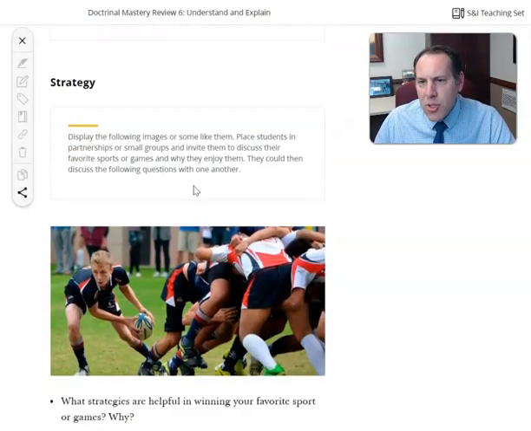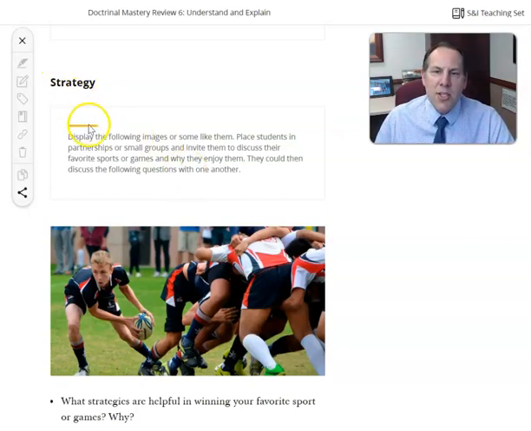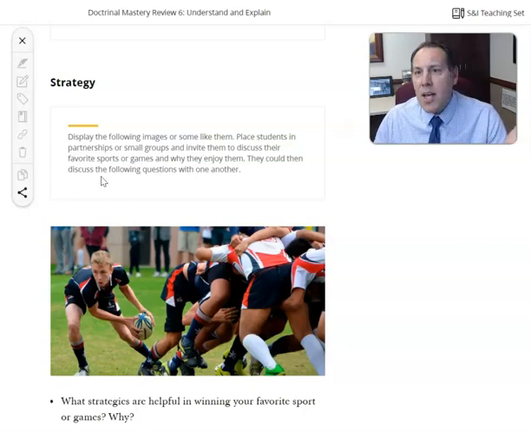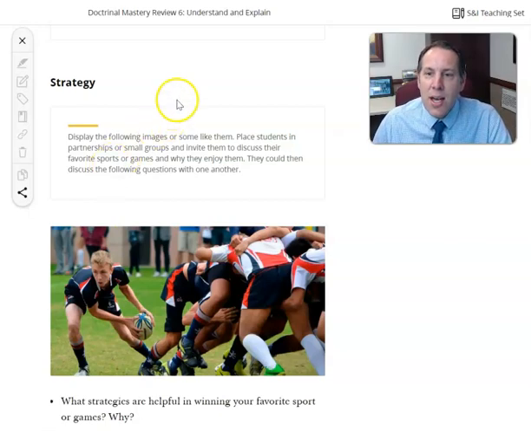I see two different possible beginnings to this lesson that involve this principle of strategy. This first one I think would work well with most classes, where you talk about what sports you play or what games you play. It could be board games. What are some of the strategies that help you to win or cause you to lose if you don't use this strategy? I think a lot of students could talk about that.